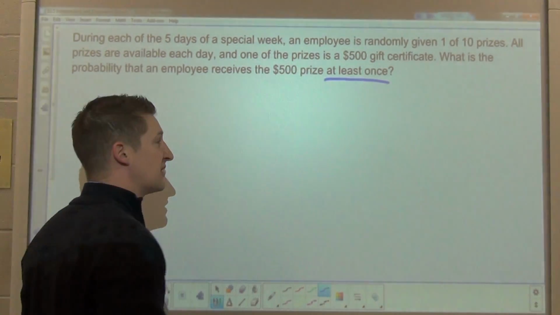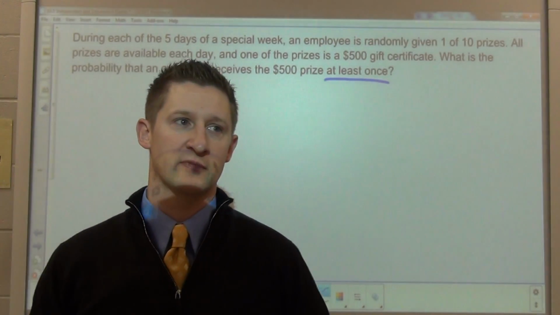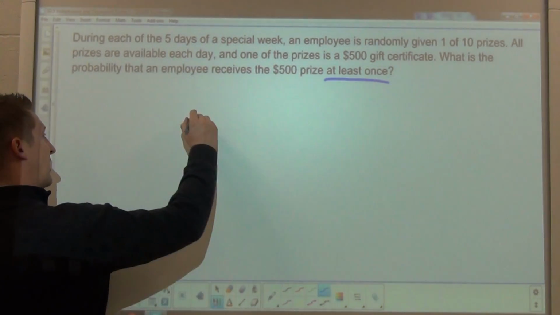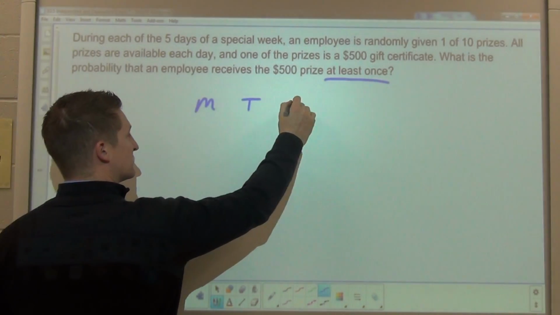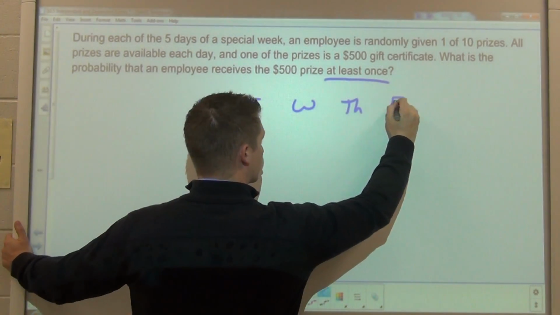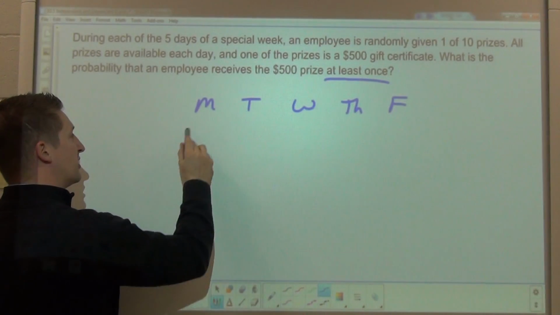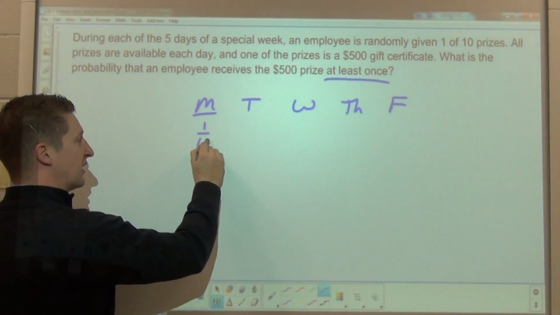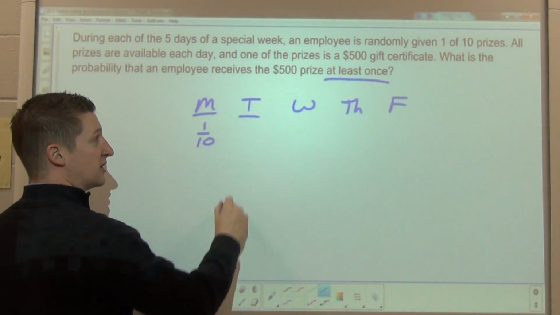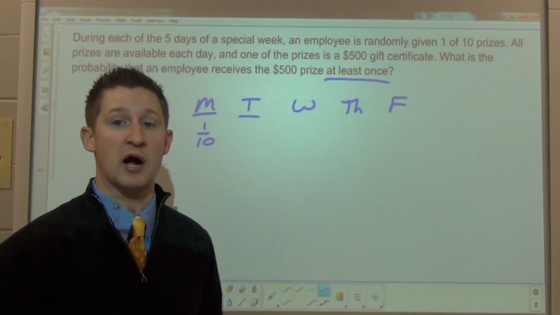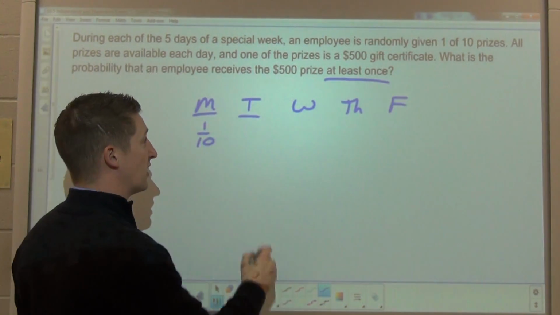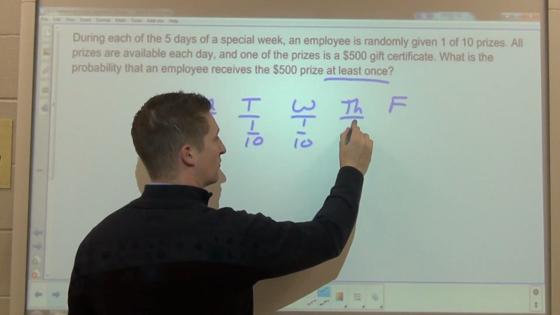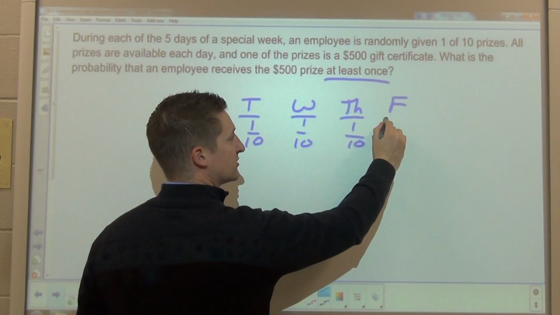Now it says receiving that prize at least once. That makes me think about something. So if I were to think about the fact that I've got 5 different days of the week with which I'm working, what's the probability that the employee gets that gift card on the first day? Well, he's got a 1 out of 10, right? And then on Tuesday, because each prize is available every day, he has another 1 in 10 chance of getting it on Tuesday, 1 in 10 chance on Wednesday, 1 in 10 on Thursday, and 1 in